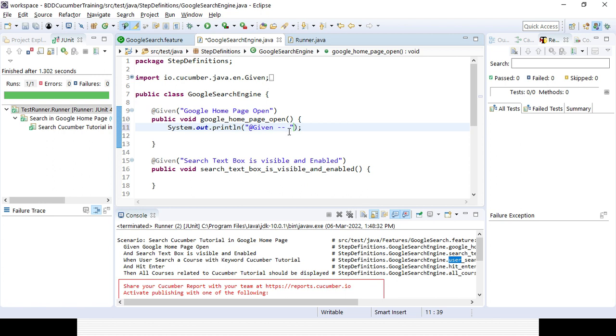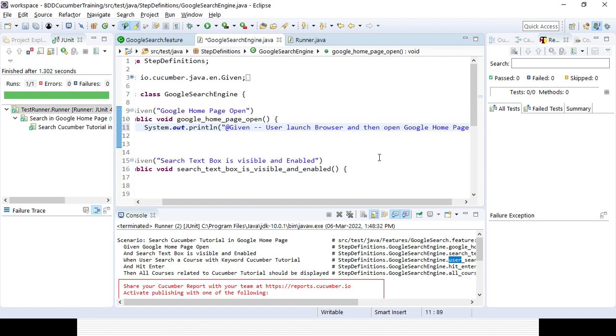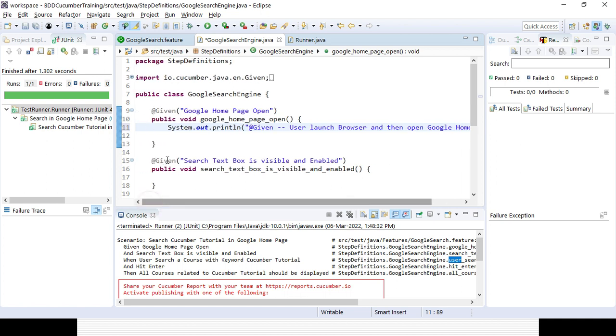So here I'll be writing that user launch browser and then open Google homepage. So that is the thing, it will work, right? Next one,